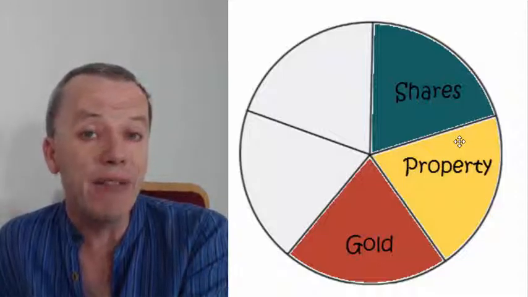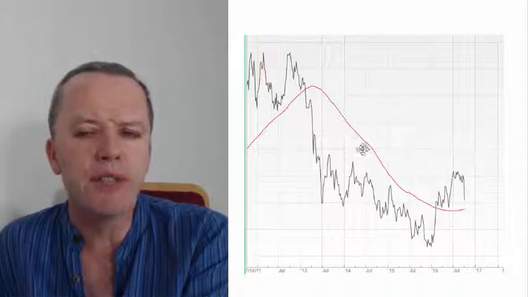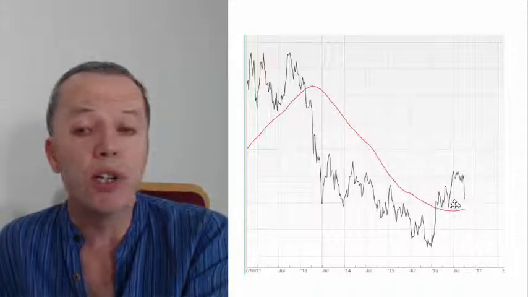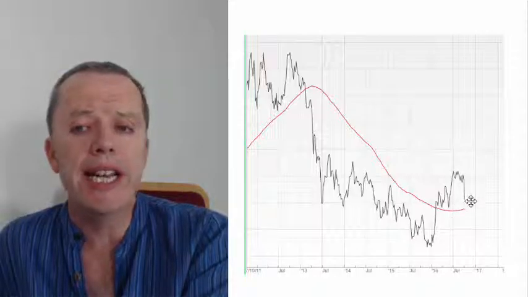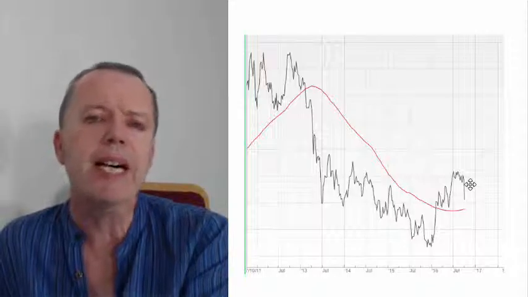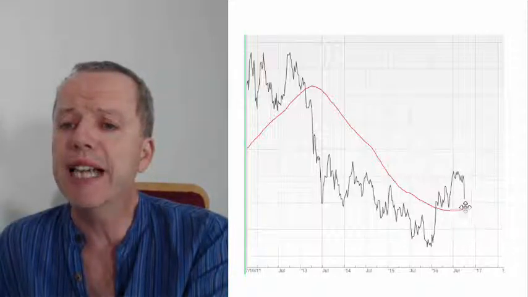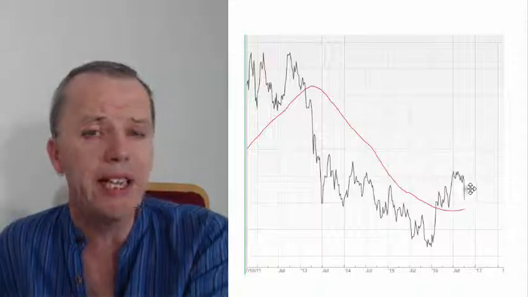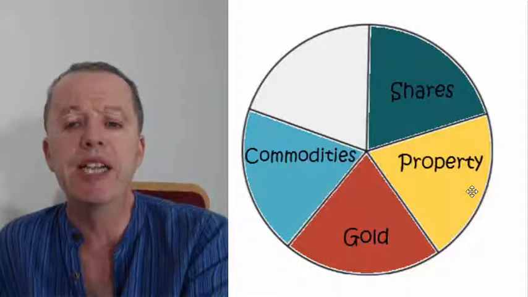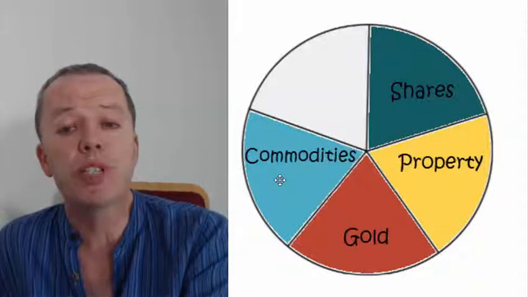So let's have a look at gold. Now this is a red line in the sand, so slightly different calculation for this line in the sand, but the price of gold is still above the line in the sand. It's come down a lot this week, a really surprising amount. I wasn't expecting this at all, but the price is still above the line in the sand here, so I'm remaining invested. I don't need to do anything, but it's been quite a surprise to see how much that has fallen in price.